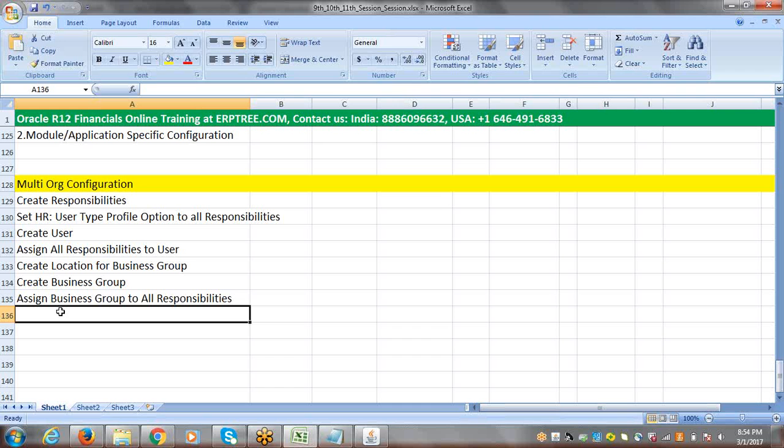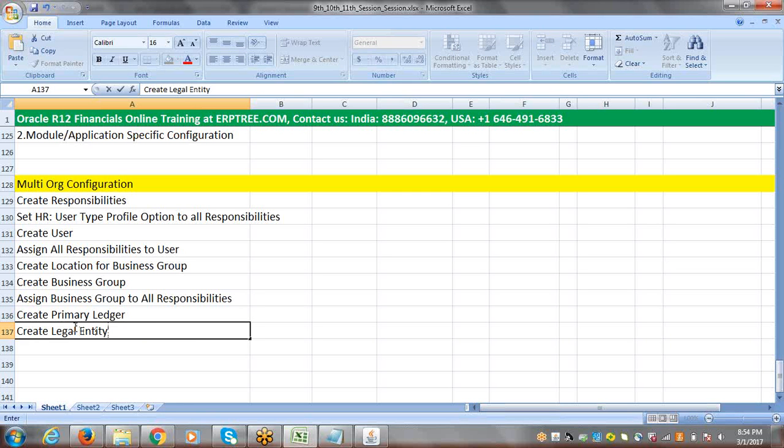After assigning the business group to all the responsibilities, we have to create the primary ledger. We know how to create a primary ledger; before that, we have to do setups: period type, accounting calendar, enabling currency, creating the chart of accounts, everything. And again, here I'm not including legal entities and all, that comes along with the primary ledger. After creating the primary ledger, since that is one of the multi-org units, you may specify create primary ledger, then create